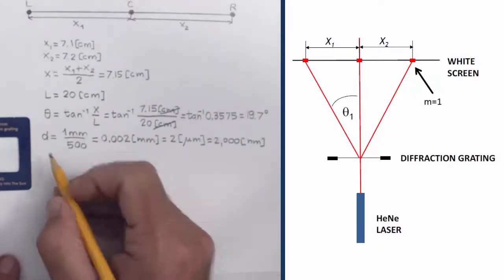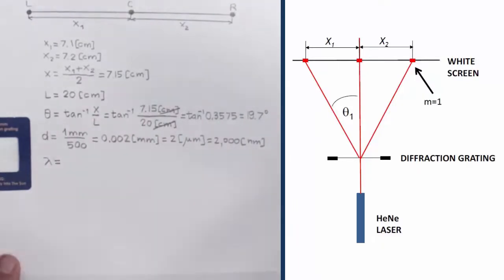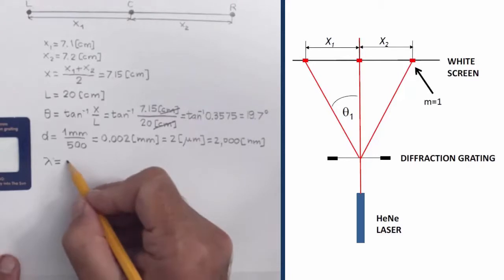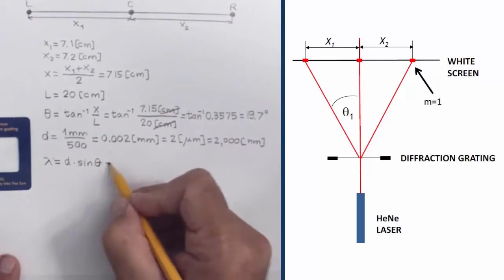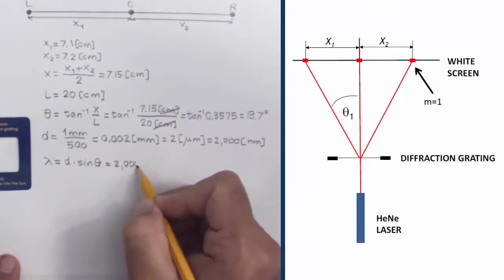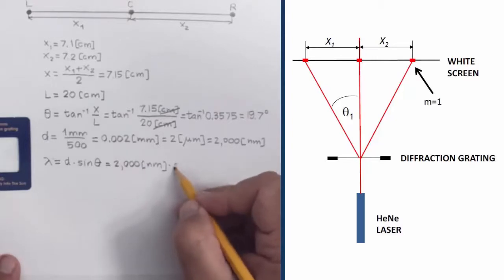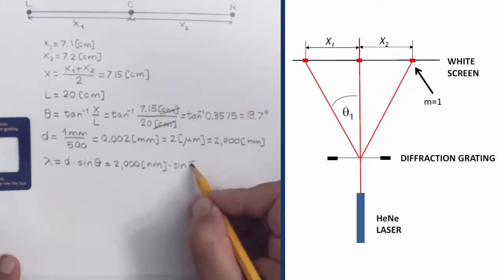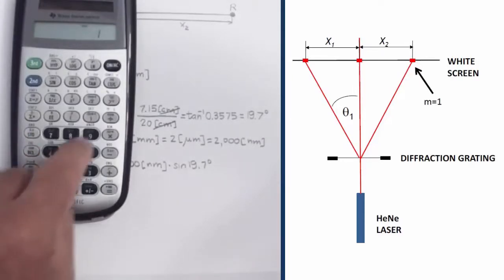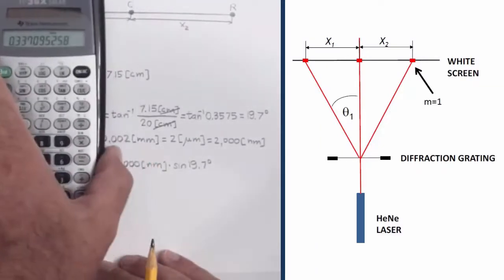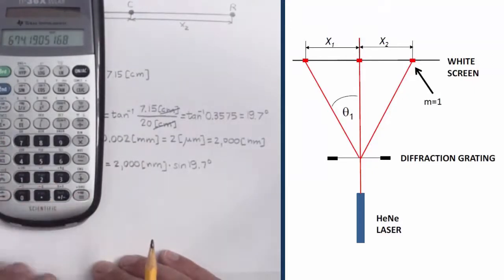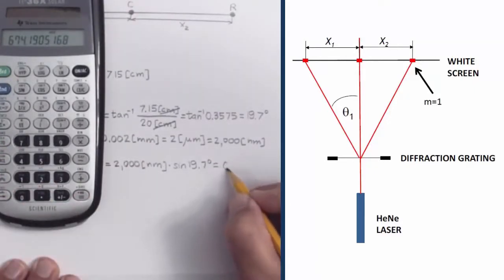Now that we have D, we can calculate the lambda of laser light. Lambda is going to be equal to D times sine of the angle theta. So in our case, D is equal to 2000 nanometers multiplied by sine of our 19.7 degrees. How much is the sine of 19.7? So here's 19.7. Sine is about 0.337, and then multiplied by 2000 gives us the wavelength of 674.19